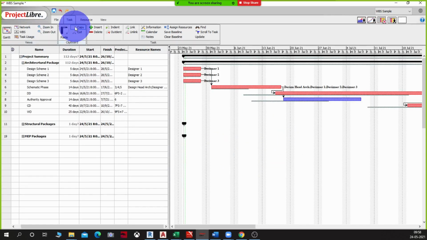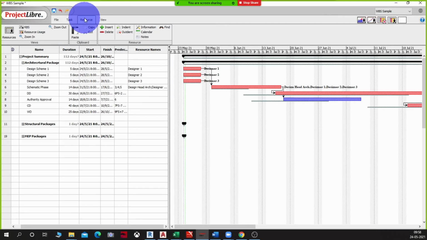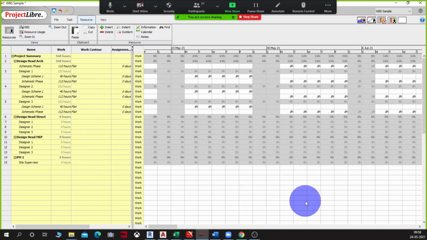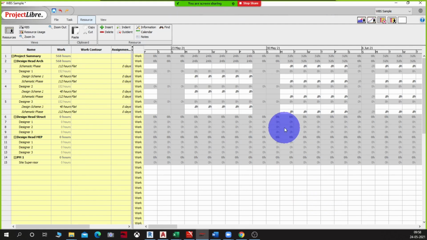Now let's come back to resources, and here under resource usage, I am not doing RBS. What I am doing now is resource usage. You see this chart which you get? This is telling me how much each of these persons is involved in the project.